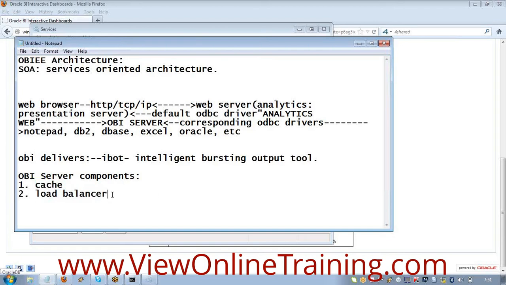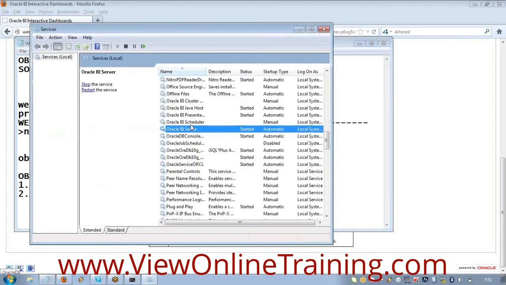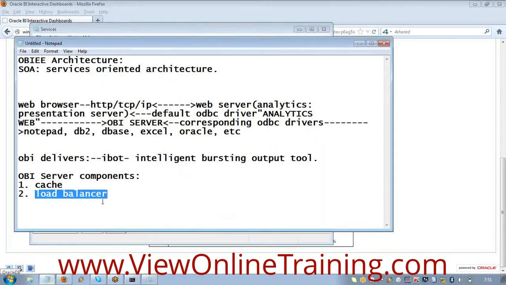Now what is this load balancer? I have given you 50 laddus and asked you to eat in 1 minute. It was impossible. But I did some magic and converted these 50 laddus into a single laddu. You can easily eat it in 1 minute, right? The same thing the load balancer is also doing. If there are, let's say, 200 queries running simultaneously, the load balancer will do some manipulations and convert these 200 queries into, let's say, 50 queries, thereby reducing the load on the BI server. So that is the importance of the load balancer.